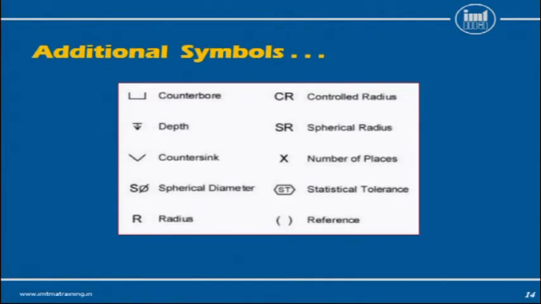In addition to the modifier symbols, we have yet another group of symbols called additional symbols, and the sole purpose of these additional symbols is to make the engineering drawing neater and clutter free by minimizing your writings, or what you call notes, written in the drawing. There are symbols for counterbore as well as counterbore depth. Then there are symbols for countersink as well as counter